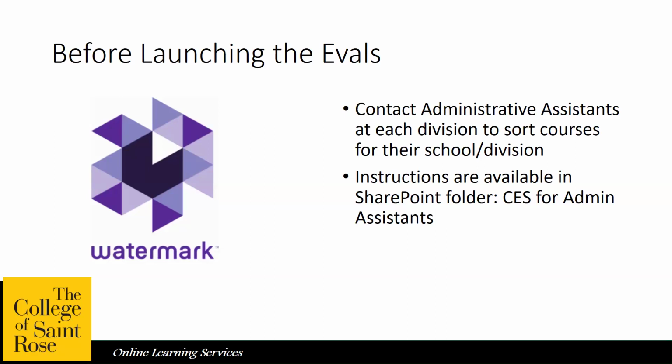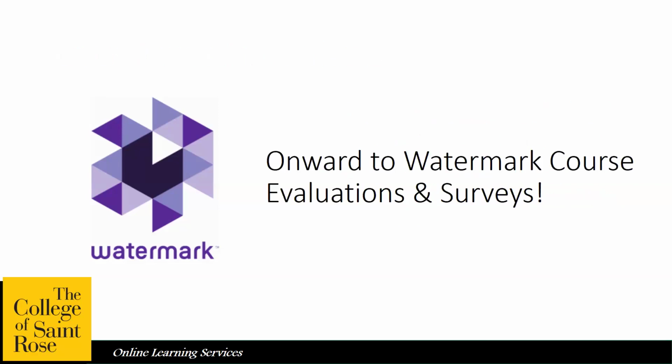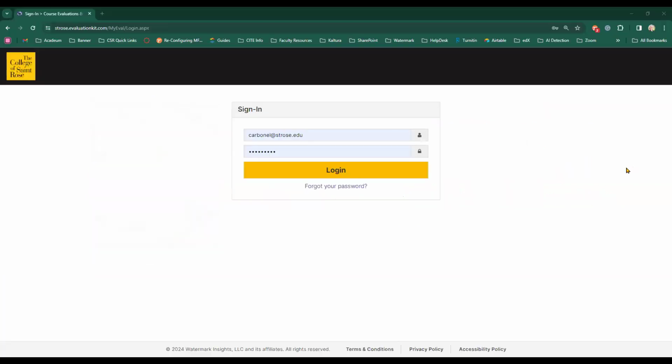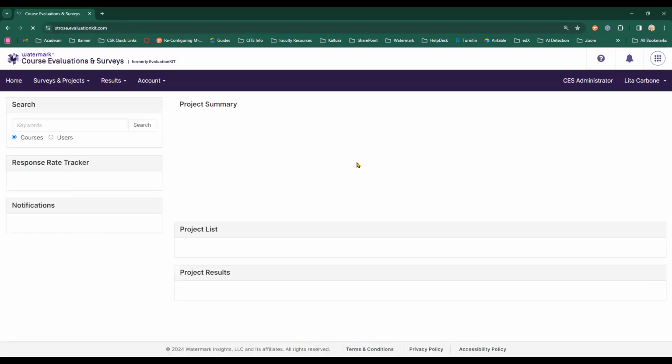So let's make our way over to Watermark. All right, so you'll need to go to the strohs.evaluationkit.com link. If for some reason we have people outside of OLS that are doing these steps, they can access it through Canvas. So that's something else to keep in mind. They would just need to change it to admin rather than instructor. So if we log into our account,